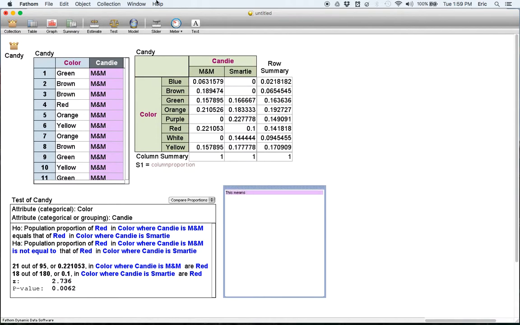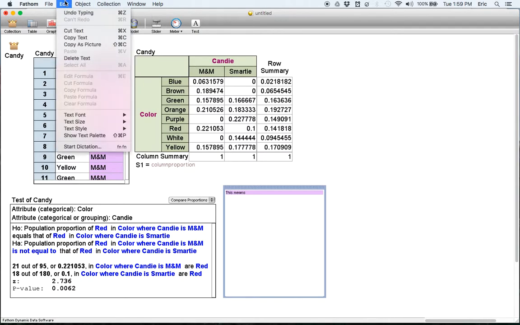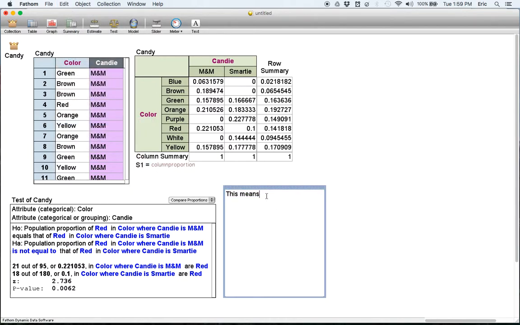I'm not going to tell you what to put there, but I'm showing you that this is what I want you to do. I want you to put your explanation in here about the null hypothesis, about the alternate hypothesis,